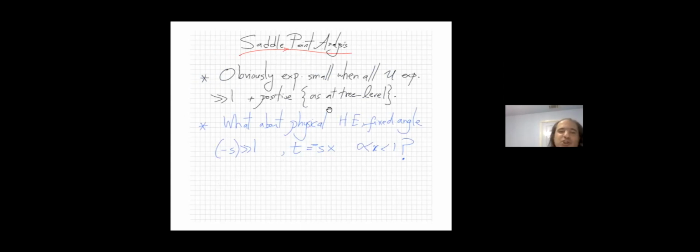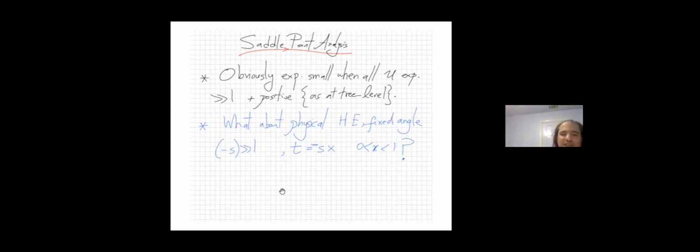I apologize, it's the opposite of the usual East Coast metric convention for a physicist, but anyway. So this is manifestly exponentially soft when S and T are positive, but we want to understand what it looks like when S is very negative, T is positive, but T over S in magnitude is less than 1. Of course, formally, we have to do some analytic continuation of this. I have no idea how to do that at general S and T. But what we normally do is just do a saddle point analysis.